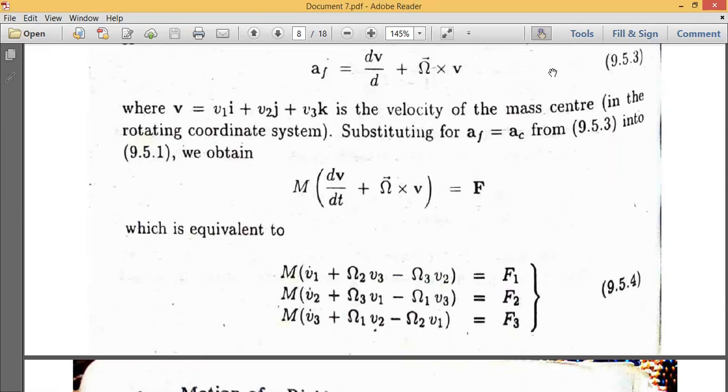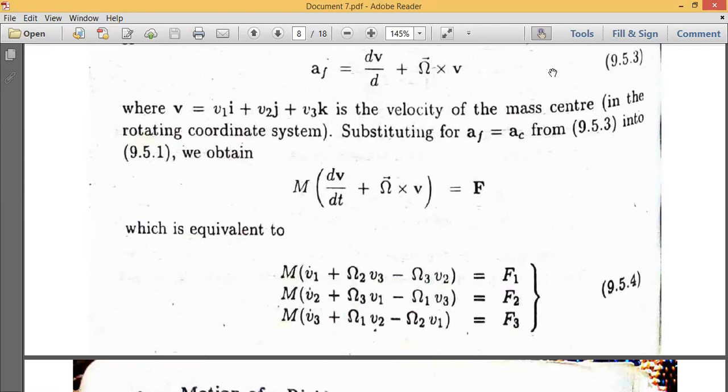Substituting for A_f equal to A_c from 9.5.13 into 9.5.1, we obtain capital M times (dv over dt plus omega cross v) is equal to capital F,